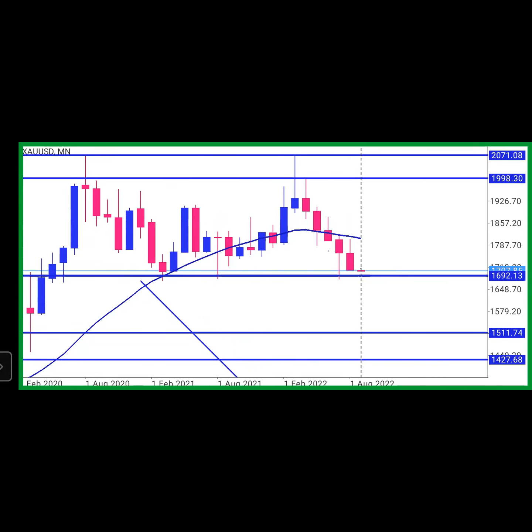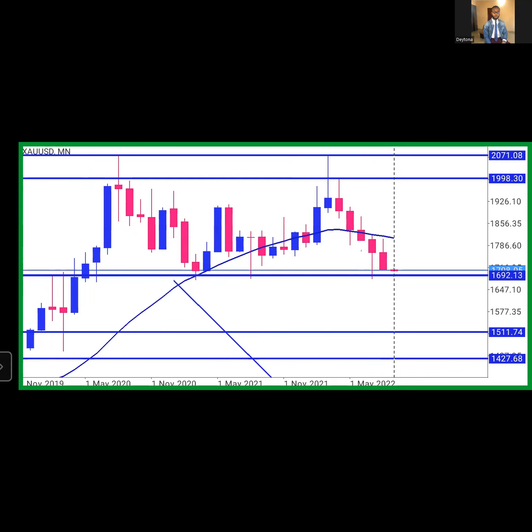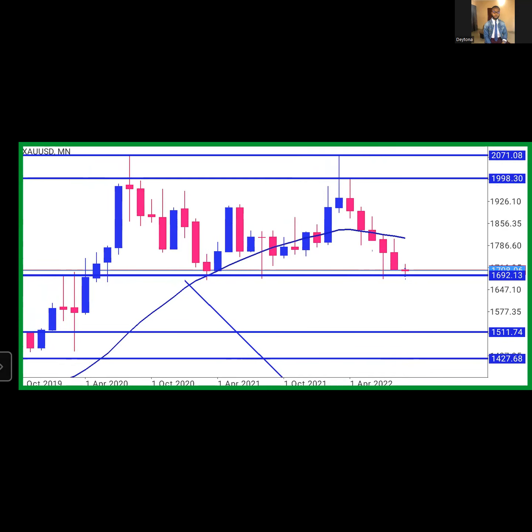One of the ways you know is when you trade, we always tell you to wait for the closing of the candle. When the candle closes, you will know whether it was a false breakout or not. And the good thing about it is, don't worry, the market always leaves you signs.